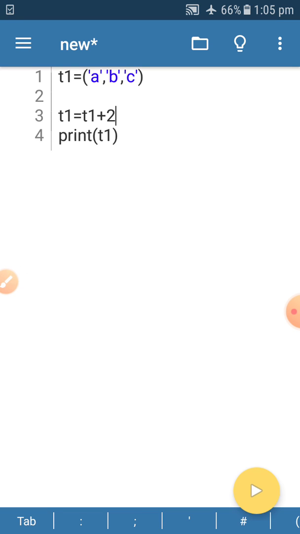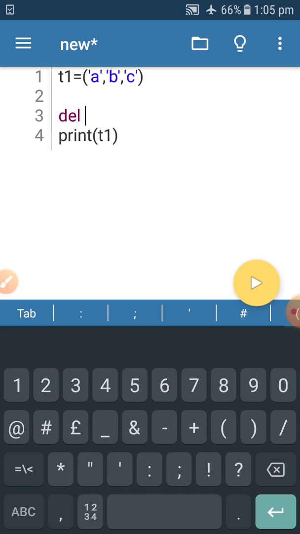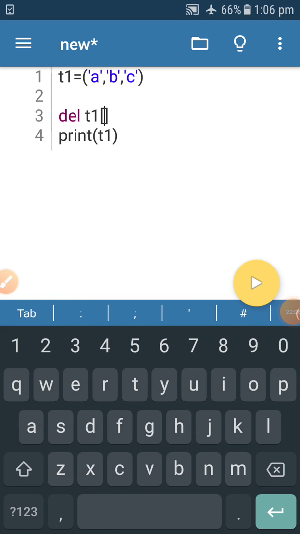Okay, so after that, let's try to delete something in the tuple. So if I'm saying del T1 at position 2, so at position 2 I want to delete data.